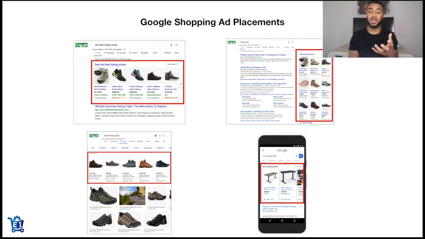But with Google Shopping, you actually don't even have to make the creatives, right? Because the way that Google Shopping works is Google pulls the images and the information that you have from your website or your store, and it uses that to create the ads. And so you can obviously edit the images that show up, things like that, but you don't have to be the one manually creating every single one of these individual ads. So that's also pretty cool.